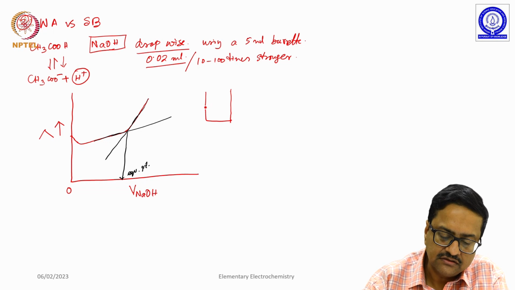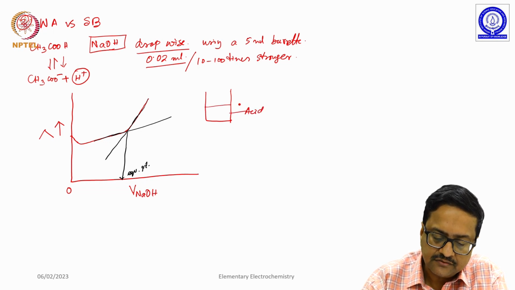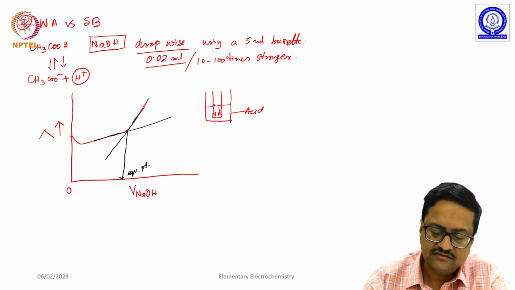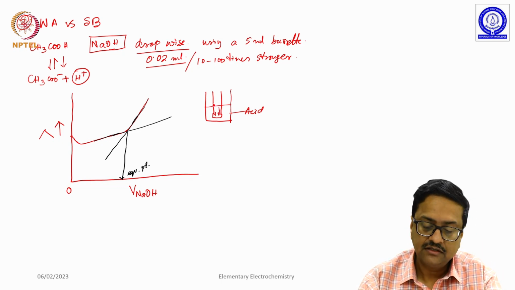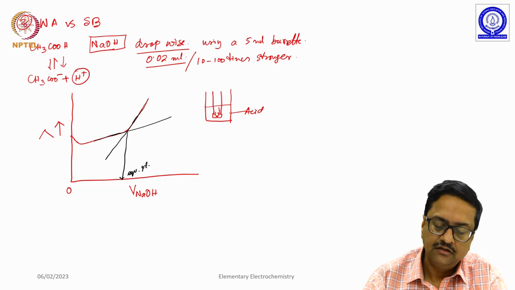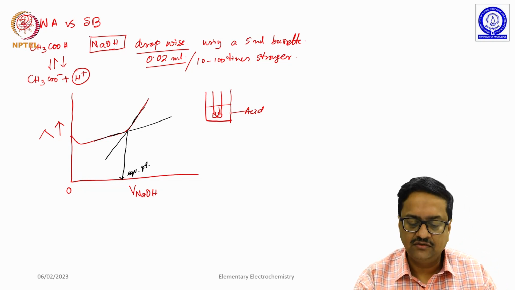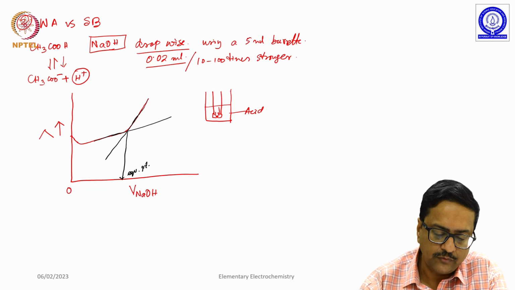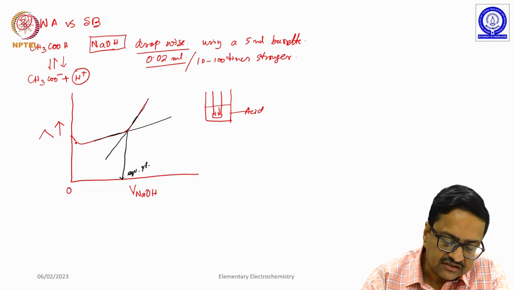We take the solution of acid in a beaker and insert a conductivity cell where you have the electrodes like this, and the solution goes in between the electrodes and you determine the conductance of the solution. So this will be the nature of the weak acid versus strong base plot,